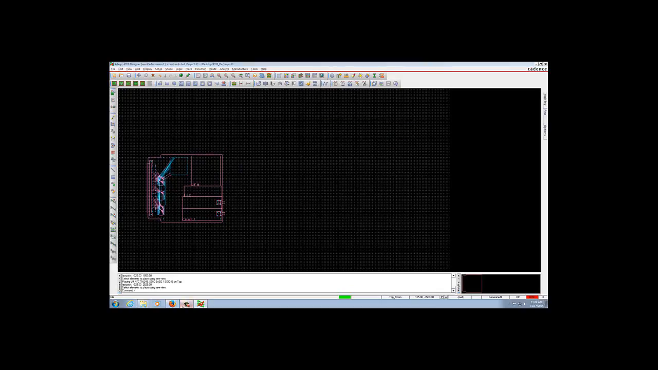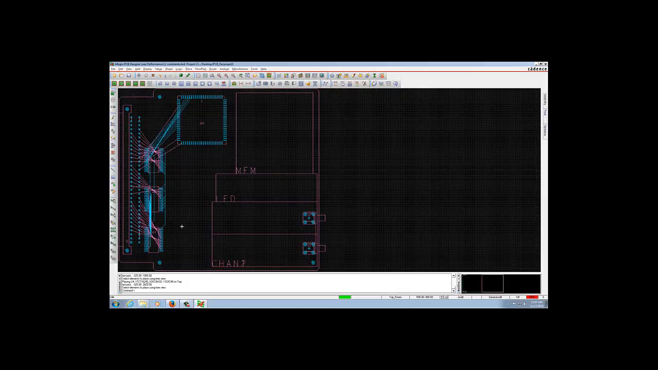And click done. And again choose place, choose zoom fit so that you can see the board, the entire board. Then choose place manually,